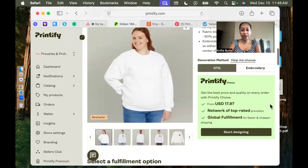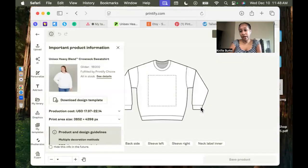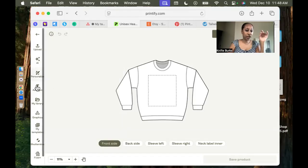Click on start designing. You can design your products over in Canva or Kittl, whatever platform you're using. Just make sure that when you download it, you use a transparent background. But I'm going to show you how to design here within Printify. So over here to the left, add text. And one thing that I want to point out,